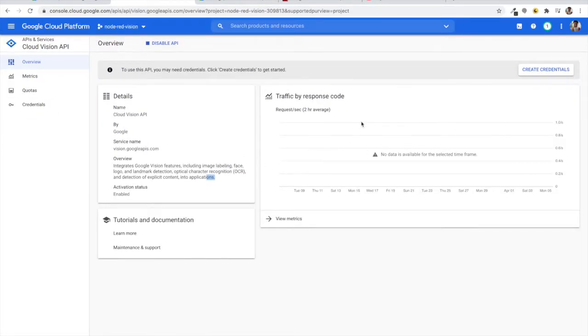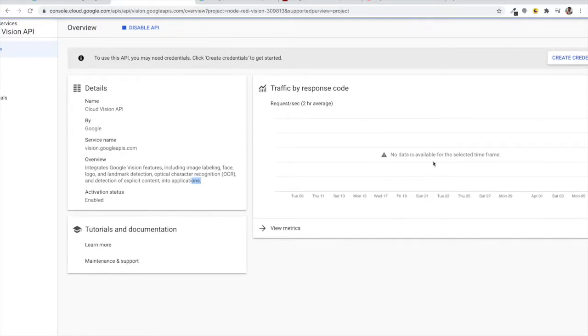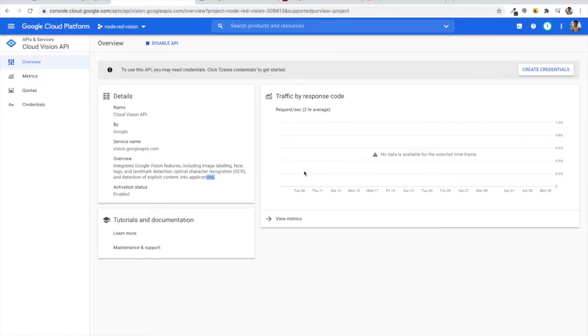So here we will get the request per second data, and this will be useful also in the long term to understand how much traffic we are creating, and finally what are the prices that can occur on us. So anyways, not going into that because we don't need to bother about it right now.